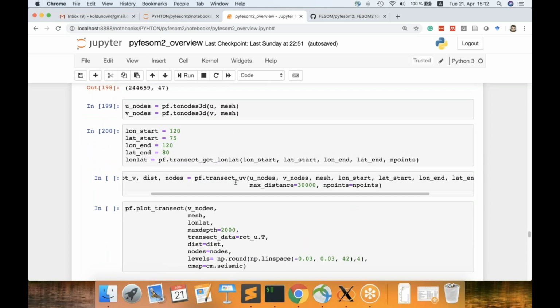That's what this function does. It unrotates the U and V, and there is a very old Python function from pyfesom2 that actually does this rotation. But anyway, we first have to rotate them back and then interpolate them to